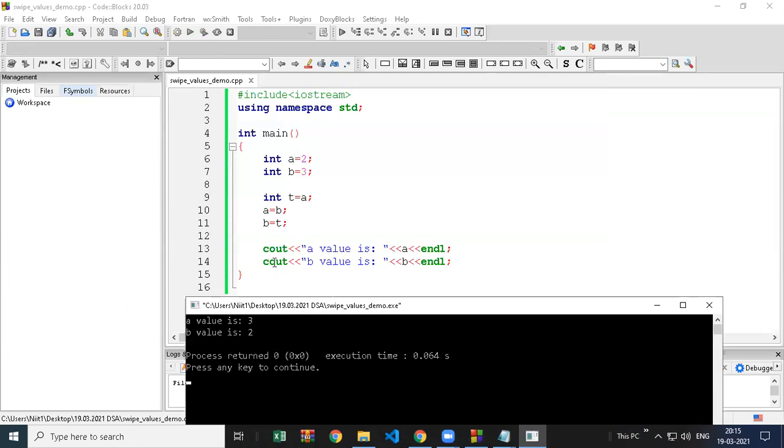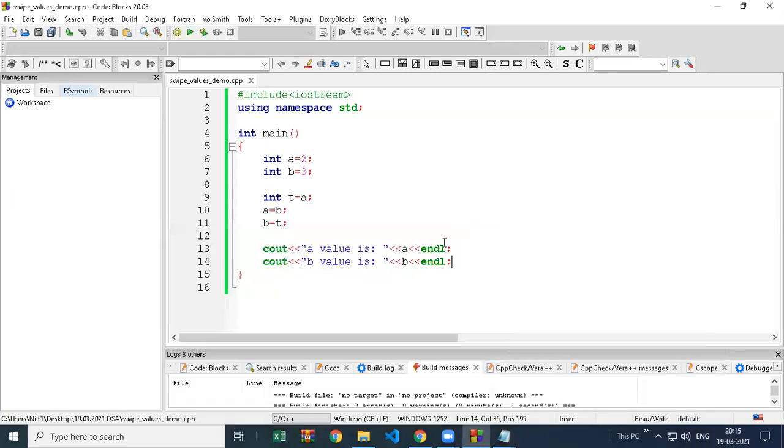So see, a value is showing 3. It was 2, but it is showing 3. B value was 3. It is showing 2. Why? Because we swapped using the third variable. You can also do it without a third variable. There is some calculation, but currently this is the easy and famous technique everyone uses. So this one is better. Anyone has doubt here? The swapping technique. So the same technique we will use now in our bubble sort.